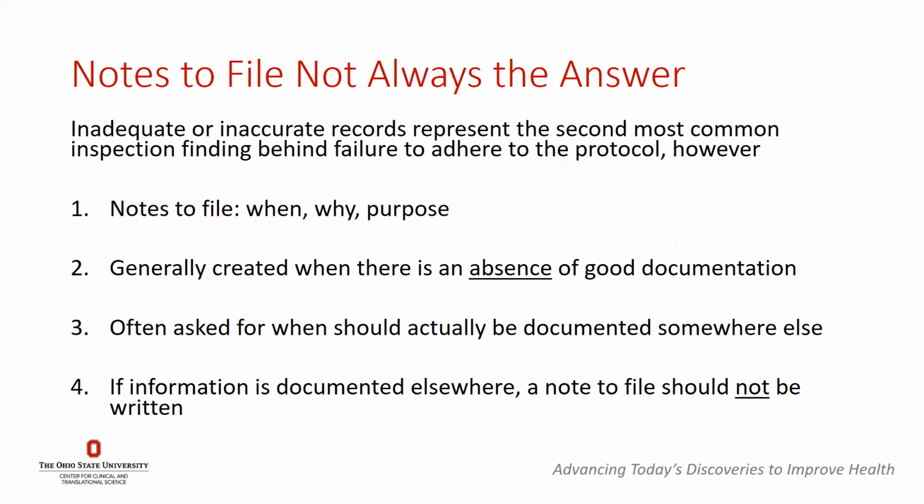A study that has two different versions of a consent. We ended color coding because it was too easy to confuse them. So one was blue and one was yellow. That was what we used in order to keep it straight. That was documented by a note to file in the regulatory binder because it was going to affect how we did the entire study. Had nothing to do with ethics or anything like that. It was just a workaround to make sure we kept things straight.